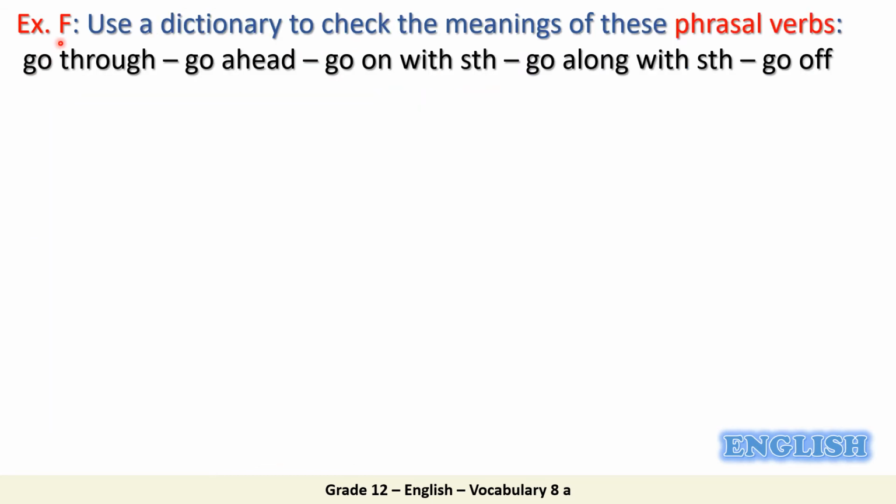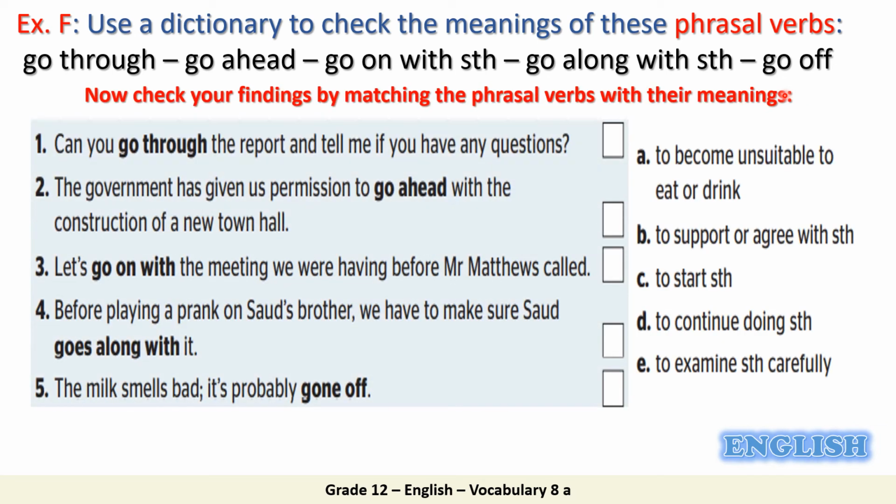Now in exercise F, we are going to study 5 phrasal verbs with go. What is the meaning of go through, go ahead, go on with something, go along with something, and go off? Use your dictionary and try to match the phrasal verbs here with the meanings right here. Take your time, take 5 minutes if you want, and then